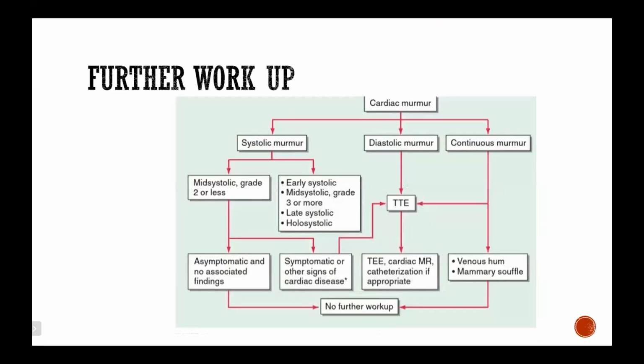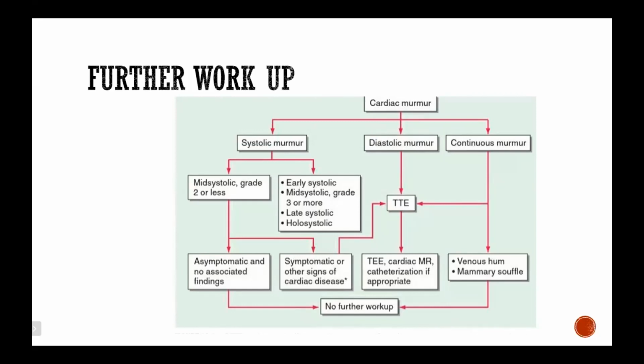So finally, what happened is you did a complete cardiac auscultation and you figured out if the patient is having an innocent murmur or a pathological murmur, and whether the murmur needs to be evaluated further. So once you've picked up a murmur and you decide that the patient is having an underlying cardiac pathology, the next thing that you have to do is echo.